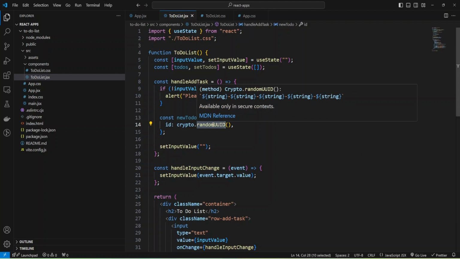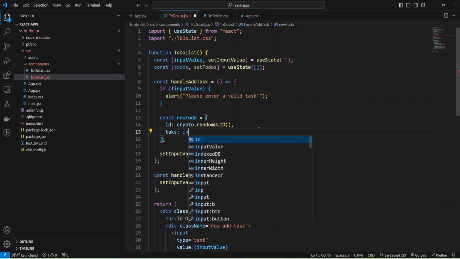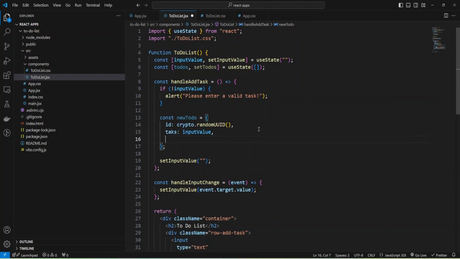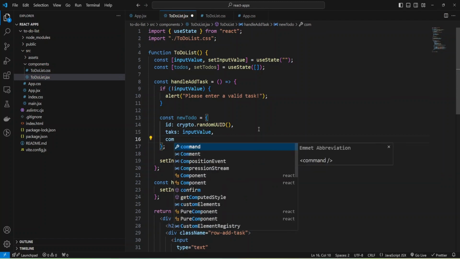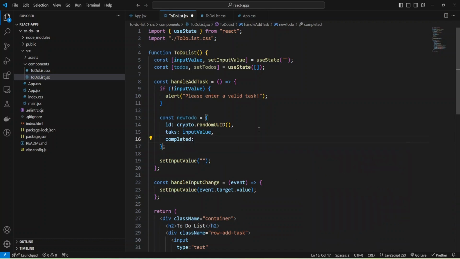As you can see, this function is available only in secure contexts and might not work in some browsers, but the main goal of this function is to provide us some UUID, and you can use some library or create your own function, but for learning purposes, I just use this available function. And next we'll have task with our input value from our input state. And for the new task, we'll have completed false, because a new task cannot be completed yet.